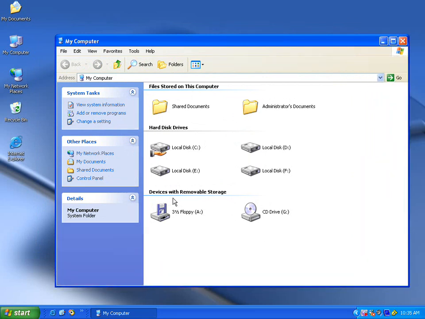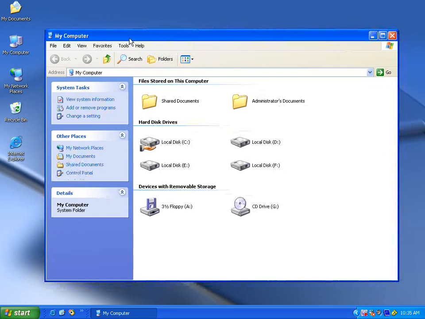They've done a really good job by categorizing the window. As you can see, we have a few folders, and beneath that we have some hard drives. They can be separate hard drives or partitions on one single hard drive. Below that are your removable hard drives and floppies and burners. That's about it, but it offers a quick way to access the heart of the data stored in the computer,